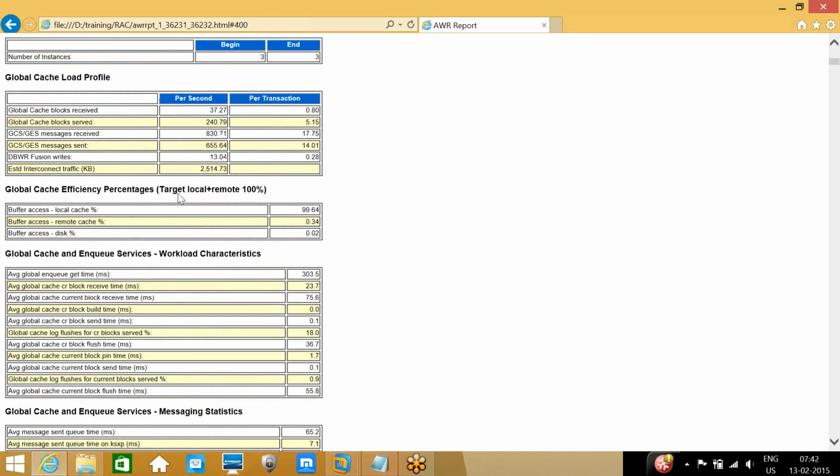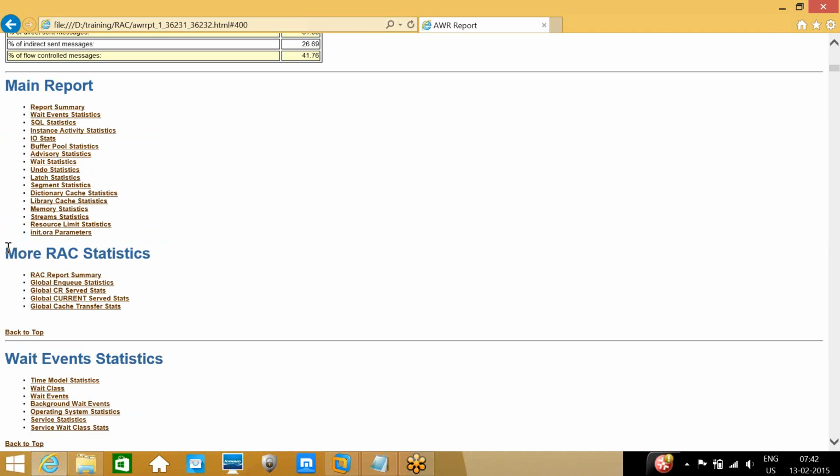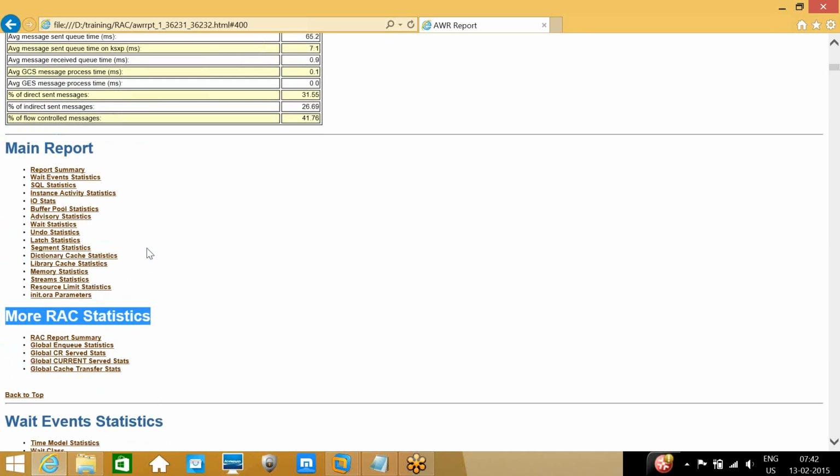So now I am going to the main report. If it is RAC, it will give more RAC statistics. There we have seen a global cache issue, right? GC buffer busy waits. You observed that in the top 5 events, GC buffer busy.